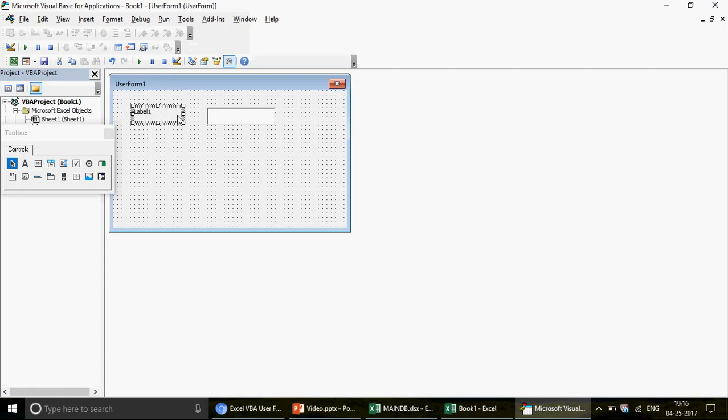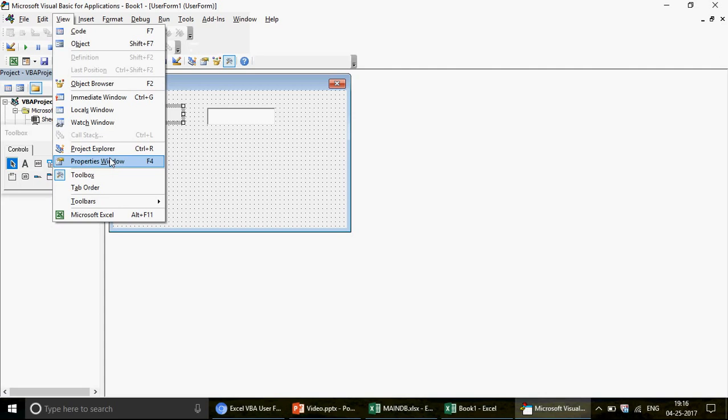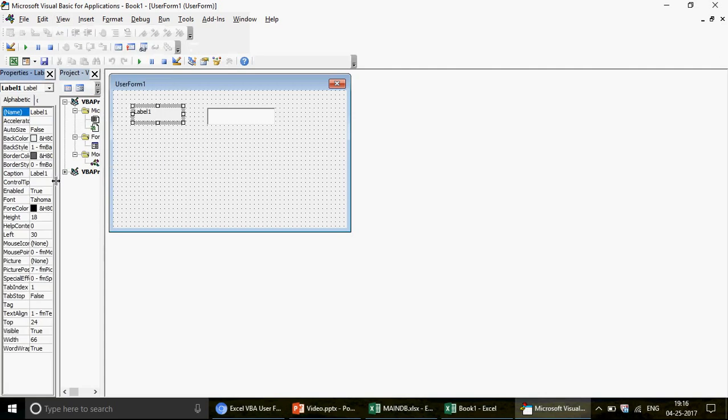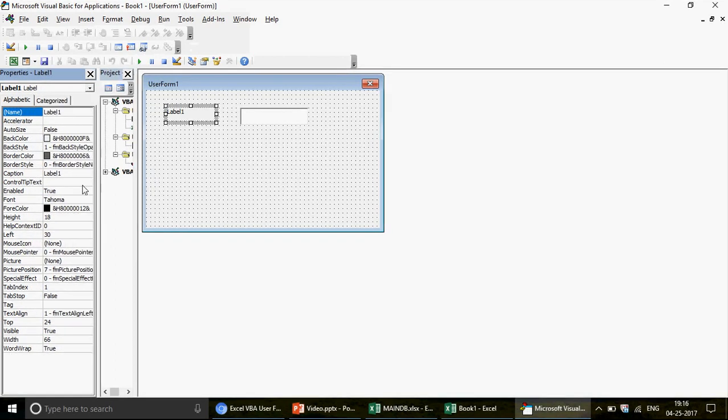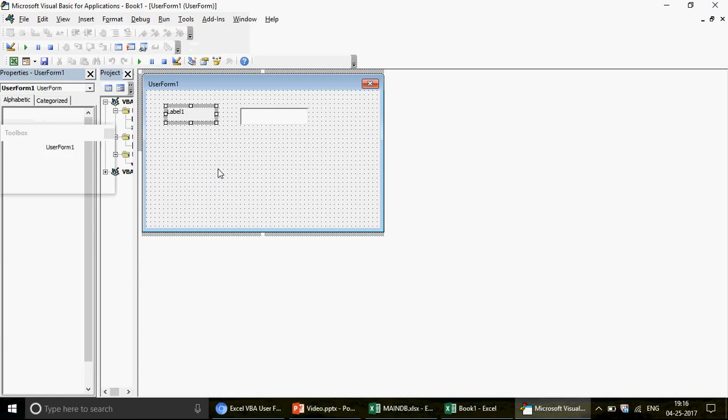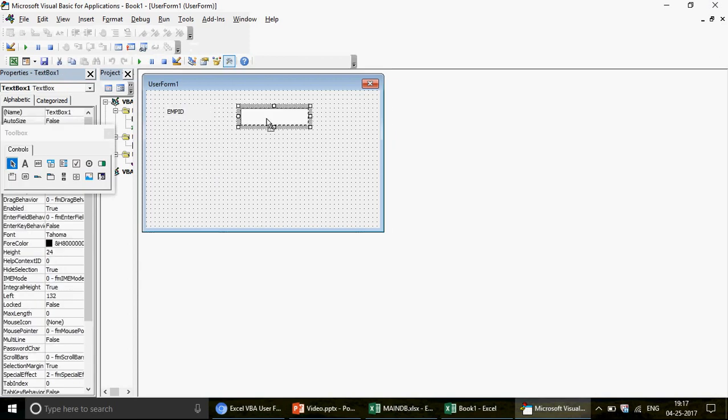When you click on this label, go to the view and click on the property window. In Label1 you can write here: employee ID. This is what you need to write, employee ID. So this is your employee ID where the user will write his employee ID. And then the next thing we want to do is